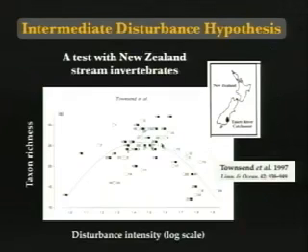These guys tried to test it by looking at streams that had experienced different degrees of intensity in New Zealand, and they focused on macroinvertebrates in those streams. They measured intensity on the basis of the geology. They inferred the intensity and recency of disturbances based on the stream bed, and they were able to measure intensity on a scale they developed for these different stream communities. They found that richness peaked at intermediate levels of disturbance for that group in that place, and it broadly supported the intermediate disturbance hypothesis.